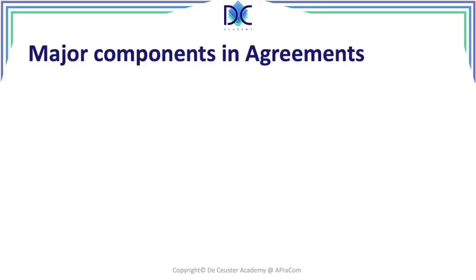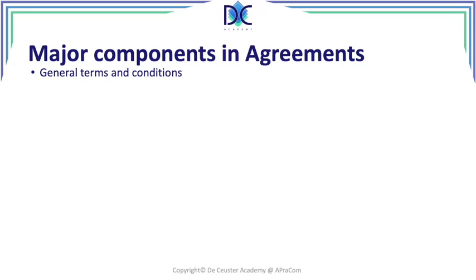So let's have a look at those different components. First of all, we have the general terms and conditions. We also have legal descriptions, legal information, and typically a company has a general set of legal terms, the standard contract. When I was working with AT&T, one of the things that sometimes happened is that in order to get